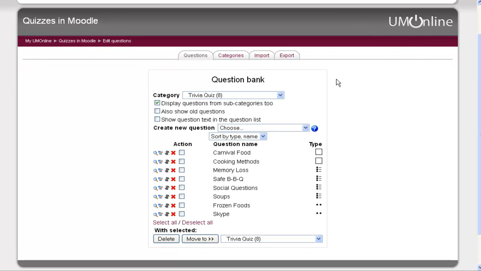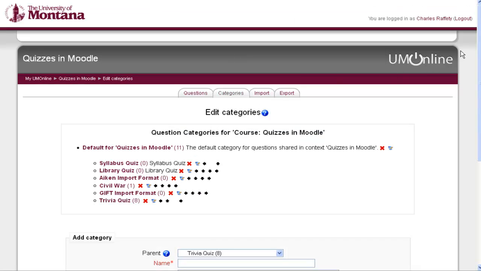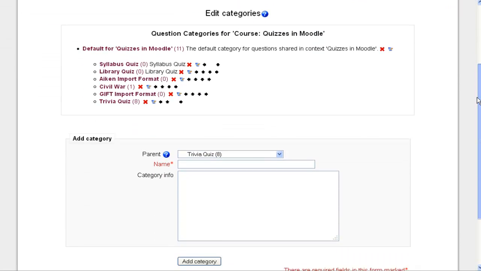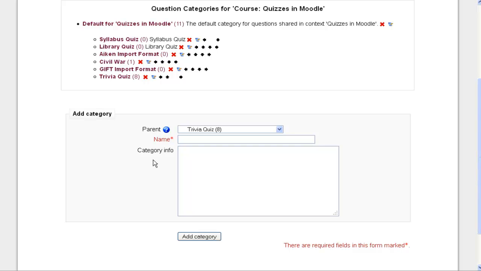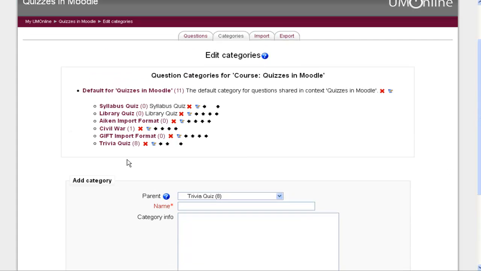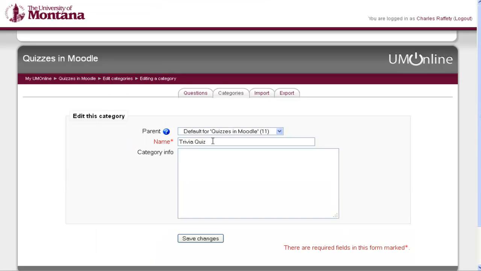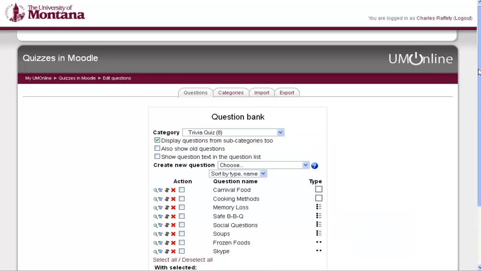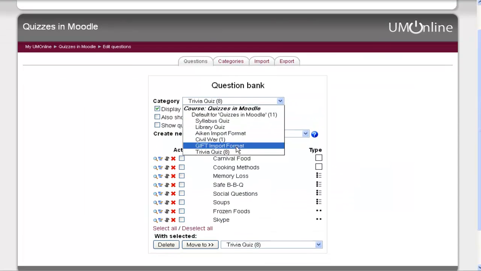And I made that category by clicking on the Categories tab, and then filling in the information in the Add Category area, giving it a name, and then I clicked Add Category. And what that did was create for me a category called Trivia Quiz. So I'm going to go ahead and go back to my Questions tab, and I'm looking at my Trivia Quiz category,